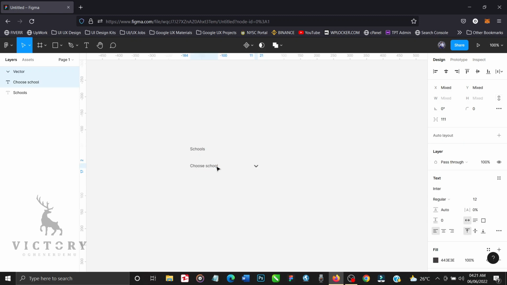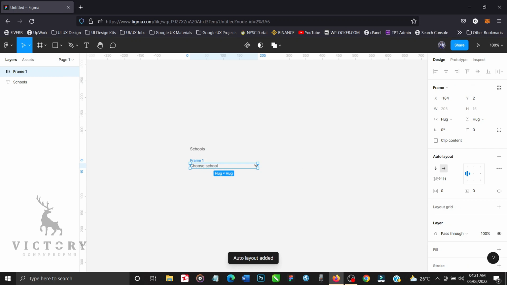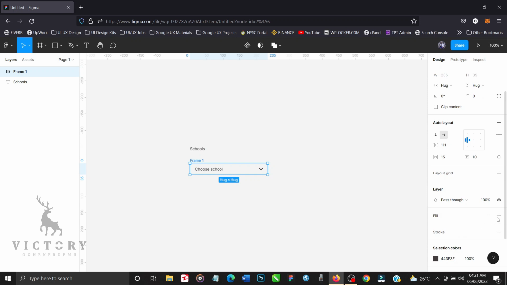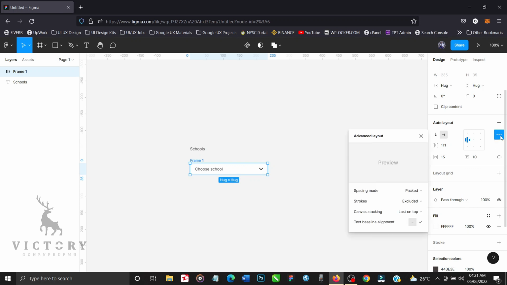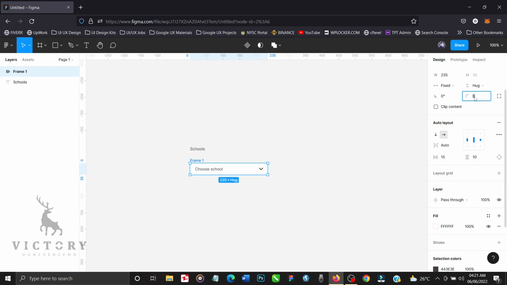And then we are going to highlight these two, and then we are going to create an auto layout using Shift A, and then we are going to align it to the center left, and we'll add horizontal padding of 15 and vertical padding of 10, and then we'll give it a fill color of white, and we'll change the auto layout settings from packed to space between, and then let's add a border radius of 4,